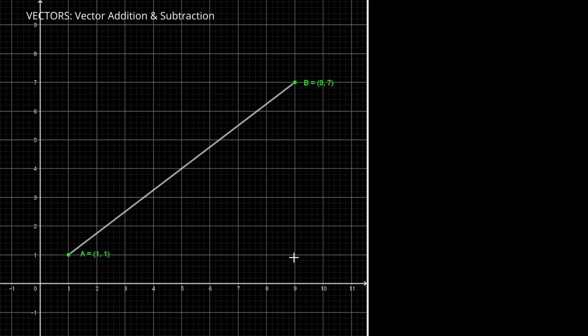And we can work out the gradient of such a line by looking at the rise, which in this case, we're looking at the y values here from 1 to 7. So this is a rise of 6, and the run. Now we look at the x values and we go from 1 to 9, and this is a run of 8. So remember those numbers, 6, 8,